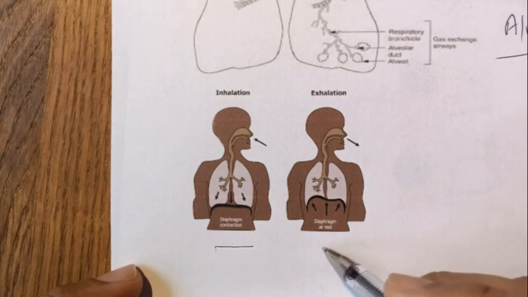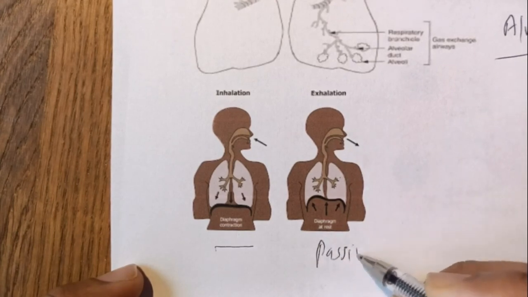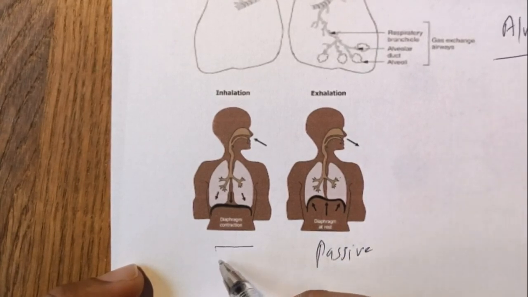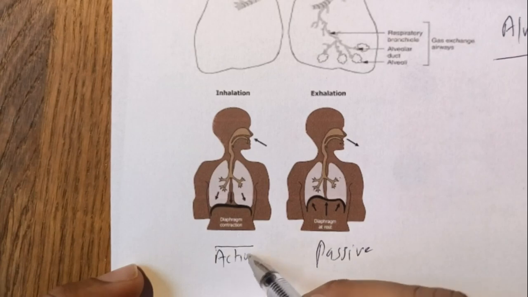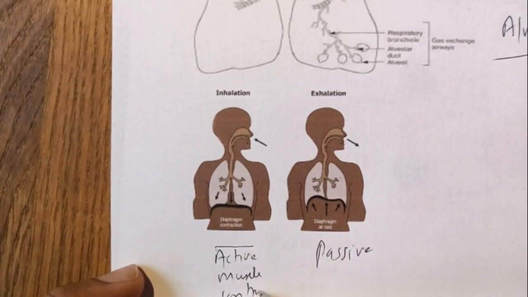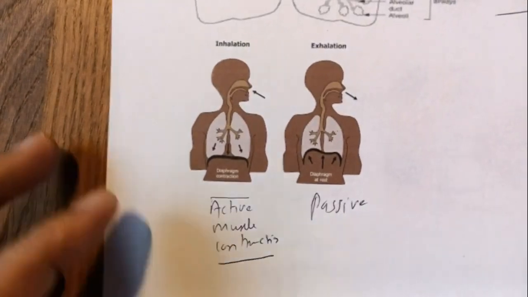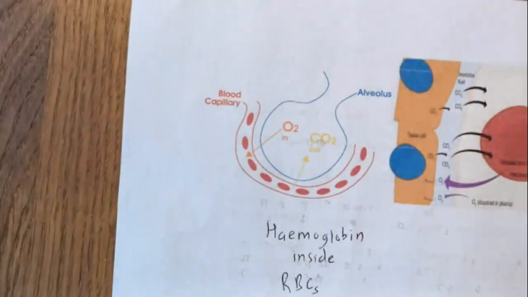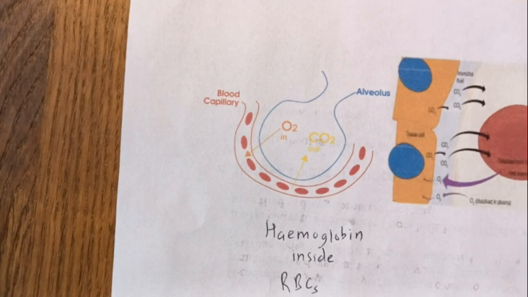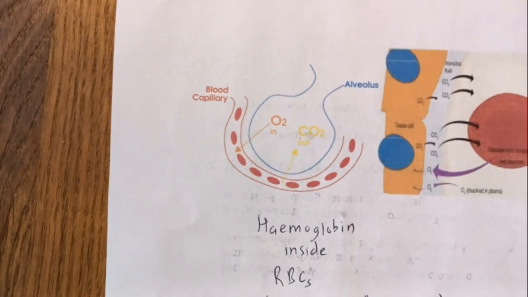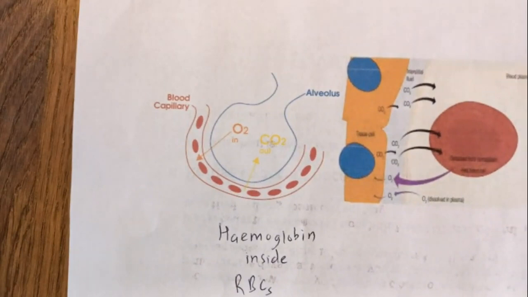So it is passive. Exhalation is a passive process. Inhalation is an active muscle contraction, muscle contraction of the diaphragm. Remember this. Because of this continuous contraction and relaxation of the diaphragm and other muscles of respiration, there is